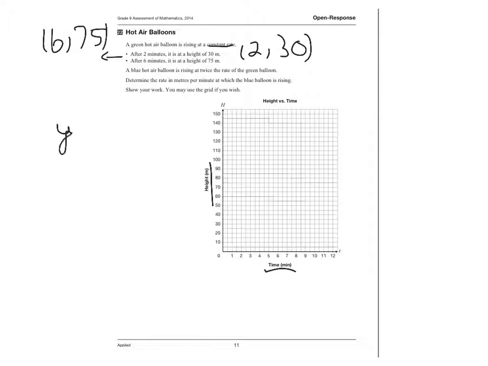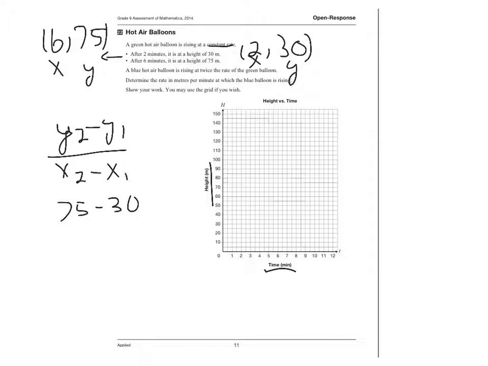I can do y2 take away y1 over x2 take away x1. It doesn't matter which one is 2 and which one is 1, as long as you keep them in the same order. So 75 take away 30 over 6 take away 2 will give me 45 over 4